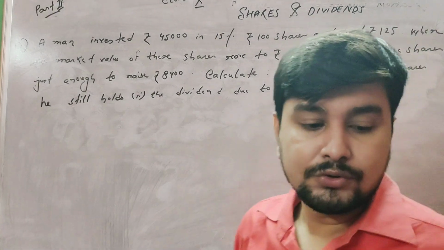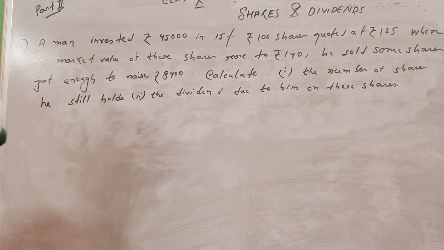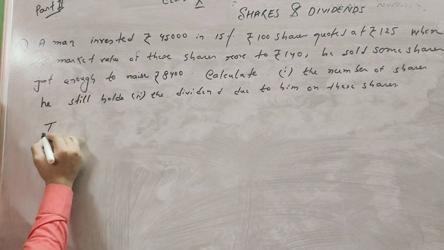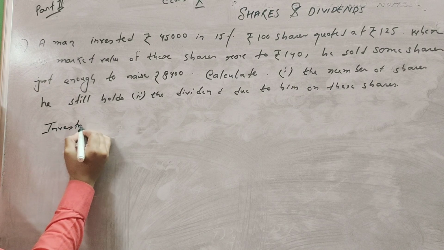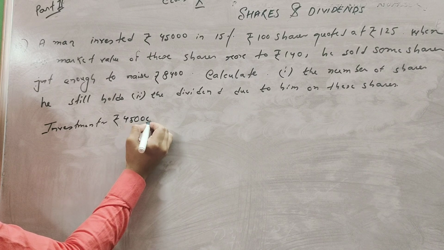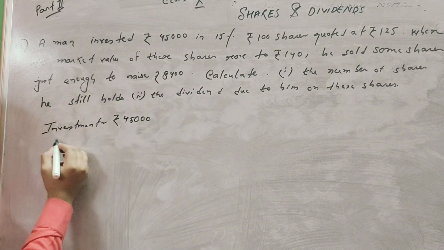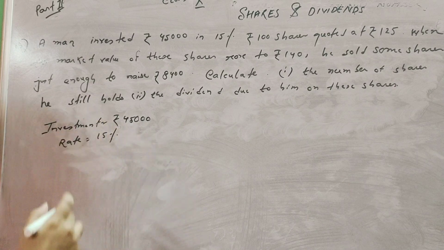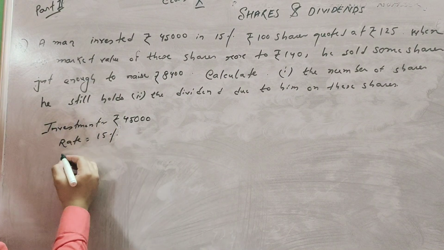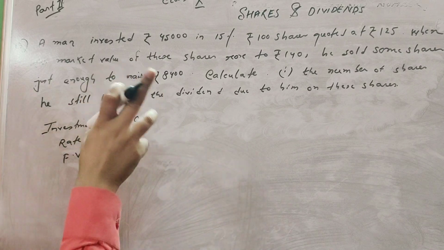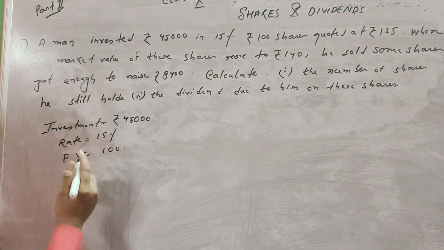Now it's time for question number 13. Our question number 13 is: a man invested rupees 45,000. Investment is given. In 15%, that is, rate is 15%, rupees 100 shares. So face value is rupee 100. Shares quoted at, that is market value is